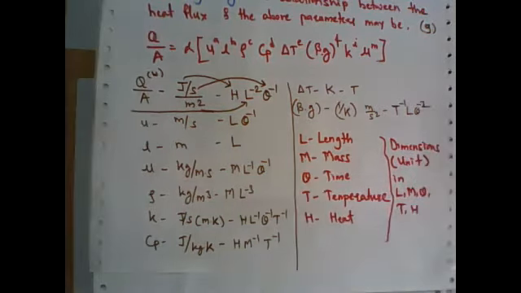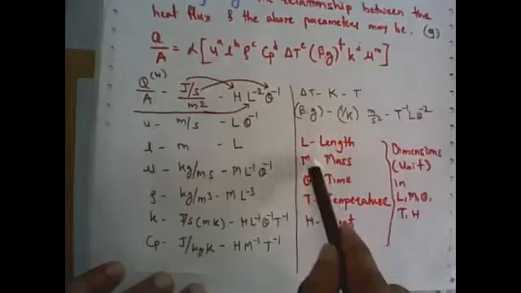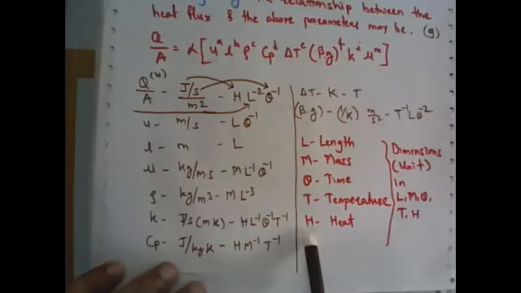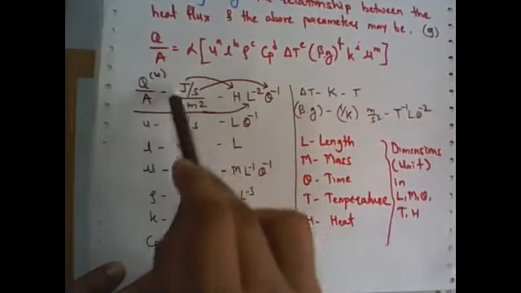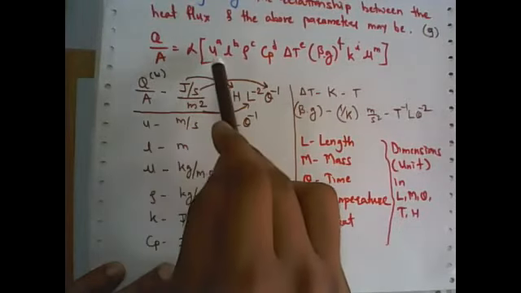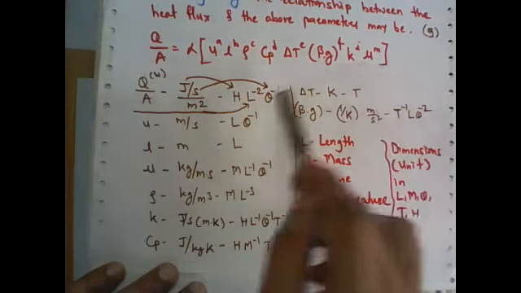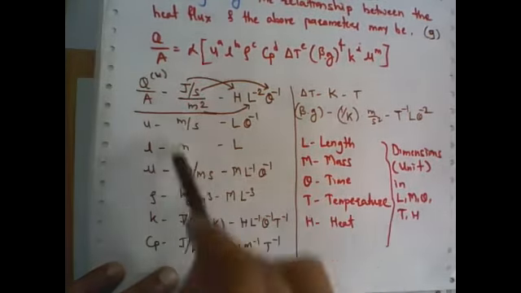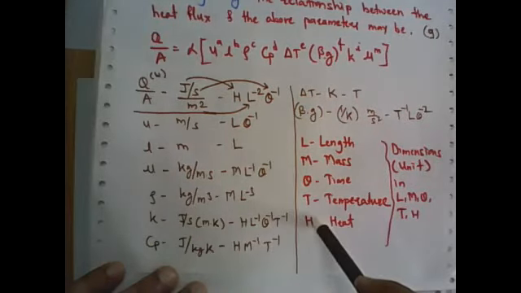So we have to convert these units in terms of this L, M, theta, T, and H to get the dimensionless groups. So this is the first step, that you should know the relationship between this heat flux and other parameters. Then you should know the units of each and every parameter, that is Q by A, then velocity, length, density, Cp, delta T, beta, g, k, mu. So if you know the units of all these parameters, then that unit should be converted into L, m, theta, T, H, right? So this is the first step.